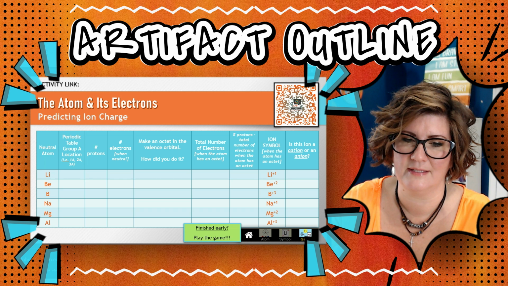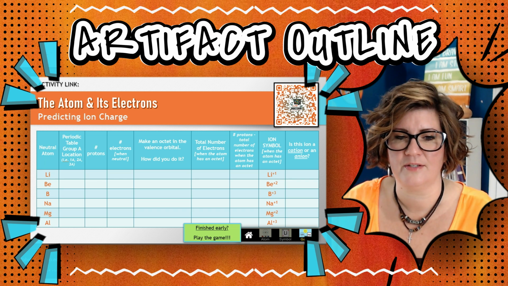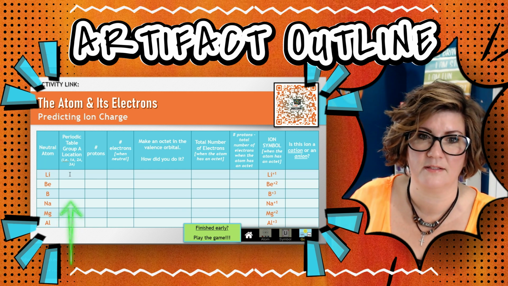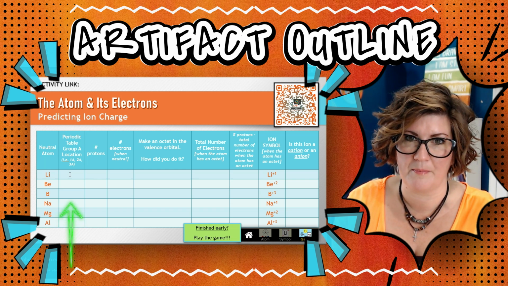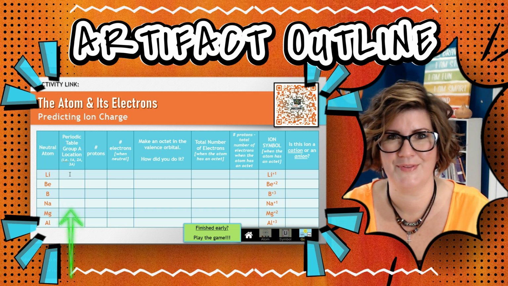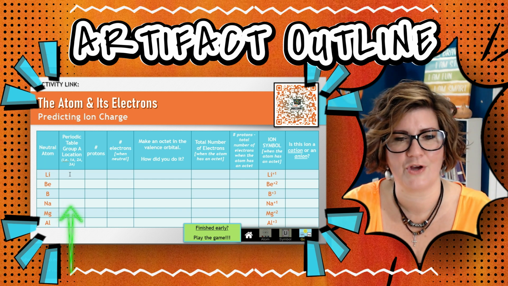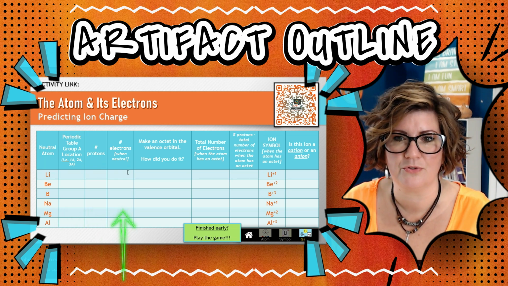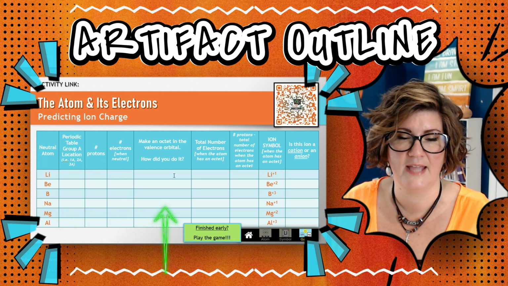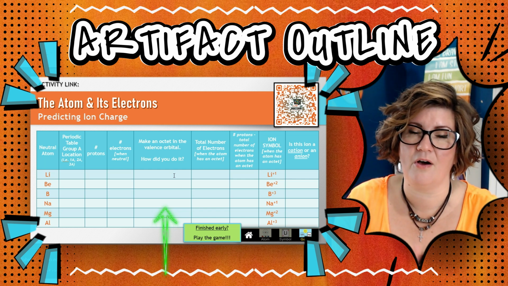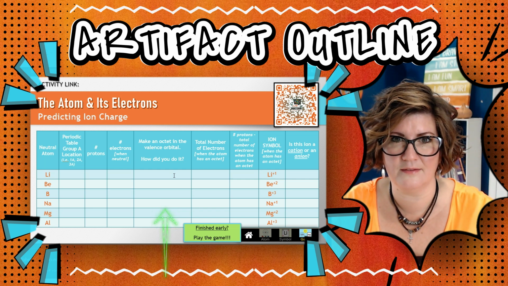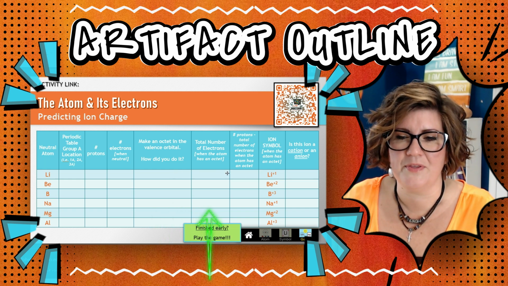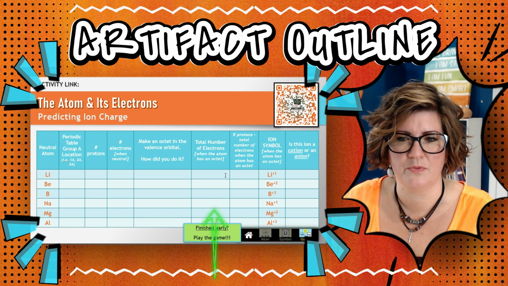the actual activity. Where I'm asking students here first, identify the location on the periodic table, because we are mapping this back to the periodic table, specifically the group number. Because if you teach chemistry, you know that the group number is pretty important to determining charge easily. We want them to list the number of protons and electrons when they build their neutral atom, and then make the valence octet. Again, at this point, they've already learned what the octet is and hopefully practiced a little bit how to achieve it. We want them to record the total number of electrons when the atom has an octet,